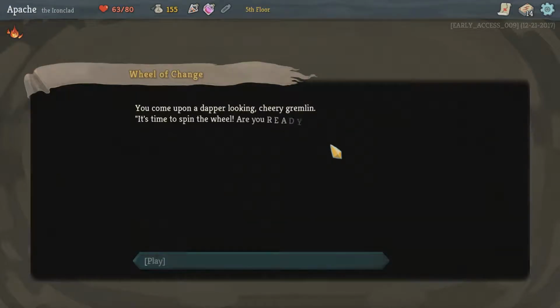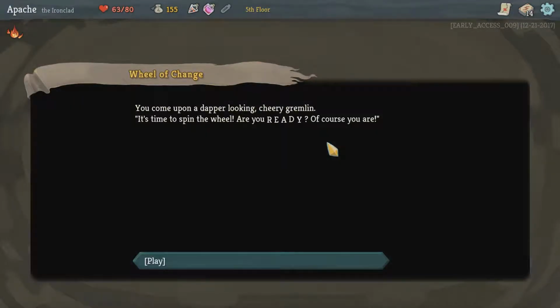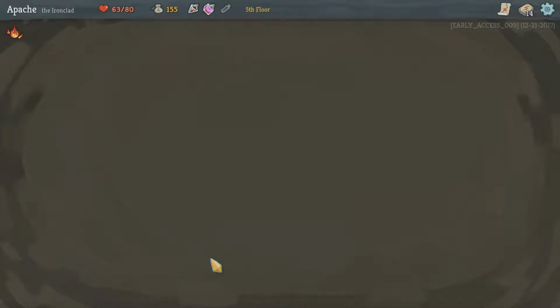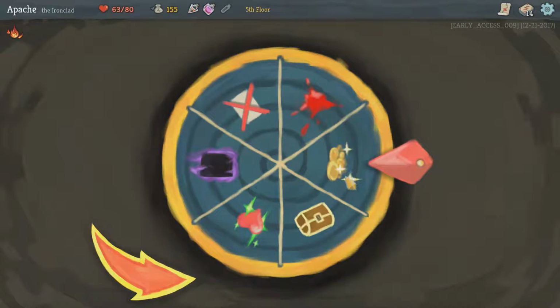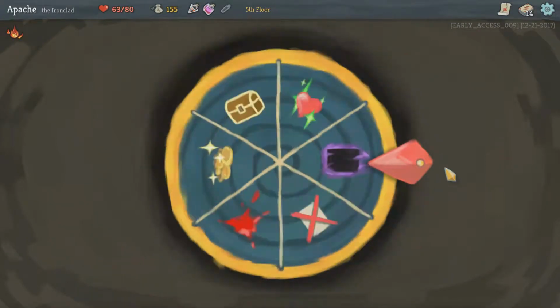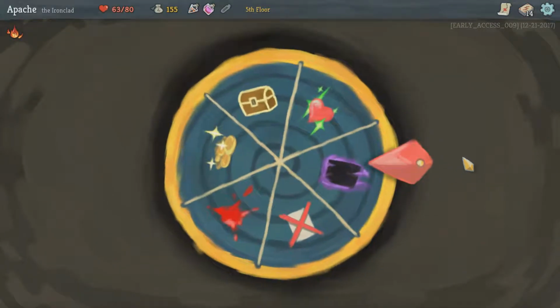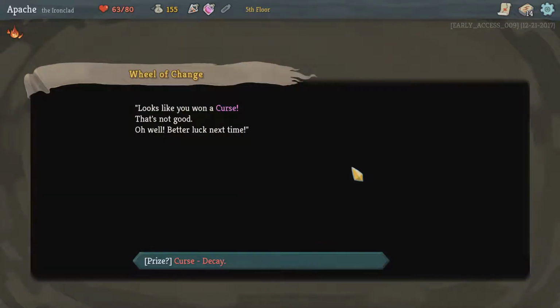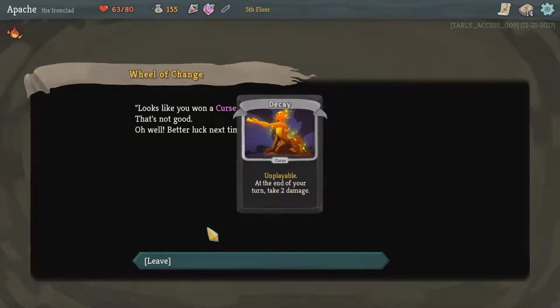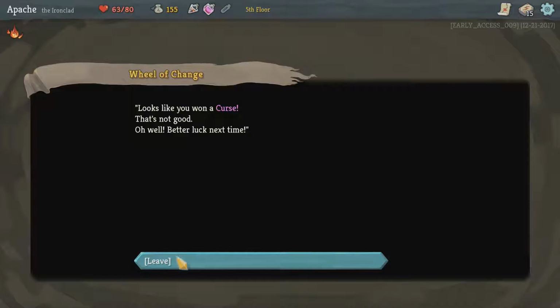So here we get our first mystery. You come across a dapper looking cheery gremlin. It's time to spin the wheel. Are you ready? Of course you are. So let's see what we get. We get... I won a curse. Oh yay. Decay, that's not good. At the end of your turn, take 2 damage. Wow, I think...